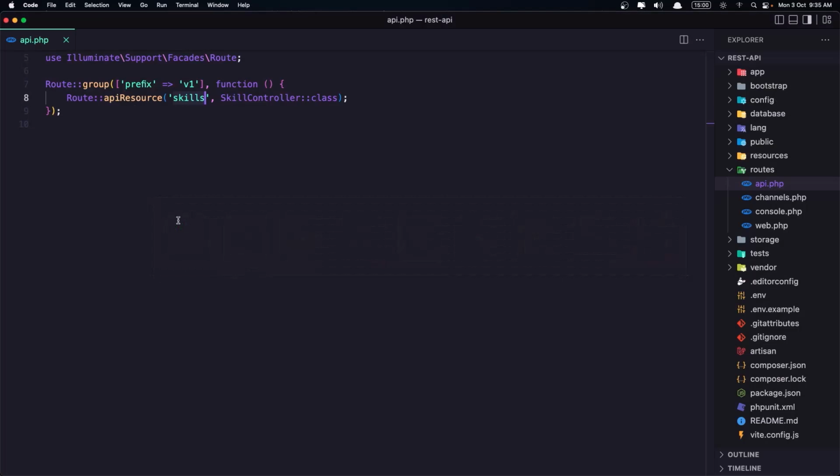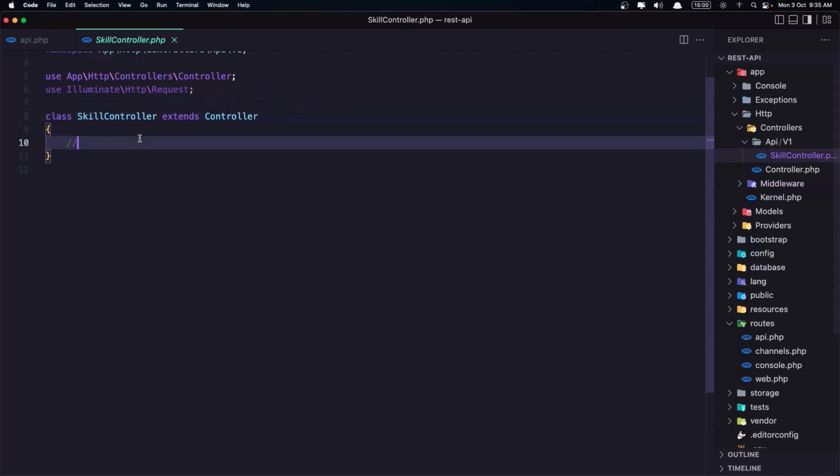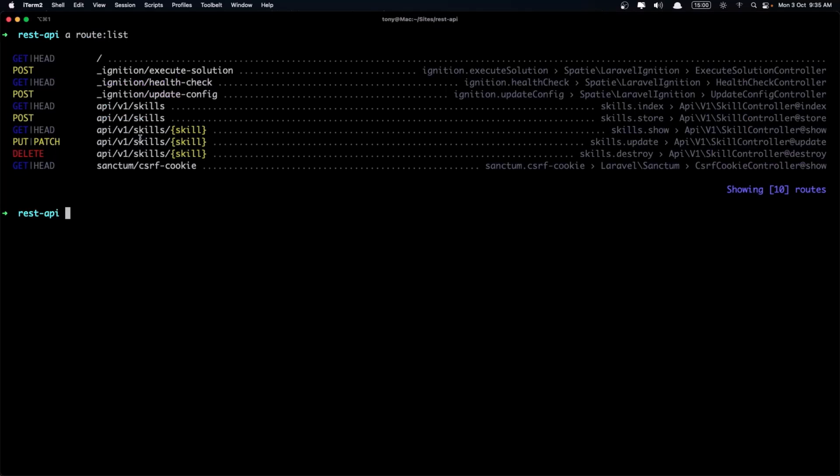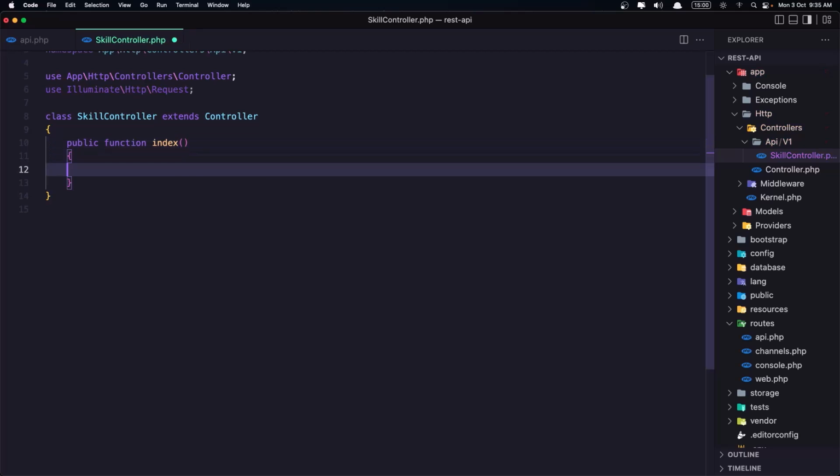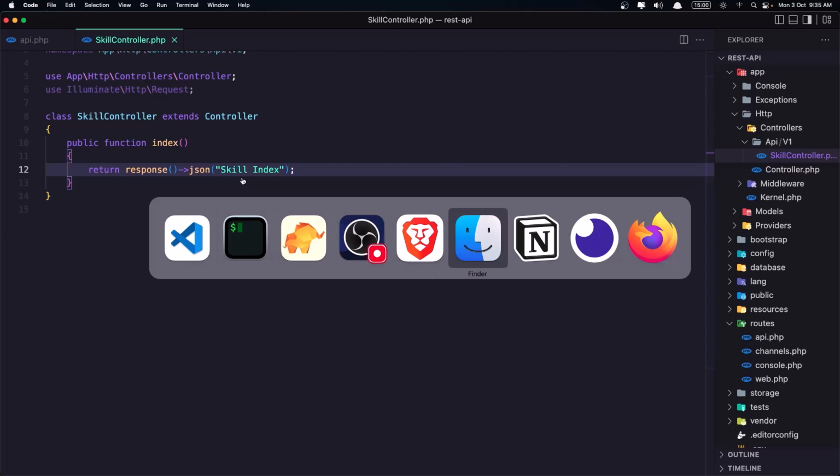Good. Now let's go in the controller, and I'm going to create the first method, because as you can see here, we need index, store, show, update, destroy. Now let's create the index method. And here I'm going to return a response JSON. And I'm going to say here a string, skill index, like this. If I save, now I'm going to use Insomnia as a client